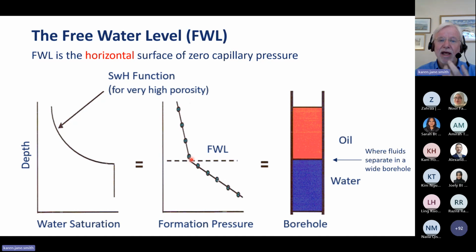It's a straight line because the tool measures the mobile phase, and it is water below the free water level and hydrocarbon above. The free water level is also important, for this is where, whatever SWI function you use, it is the base. So you can't proceed without knowing the free water level. And I will show you how to derive that.